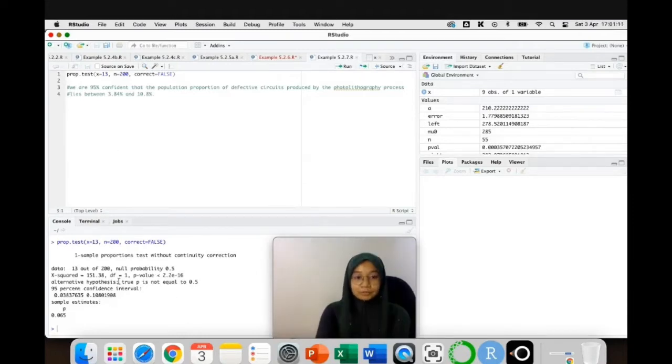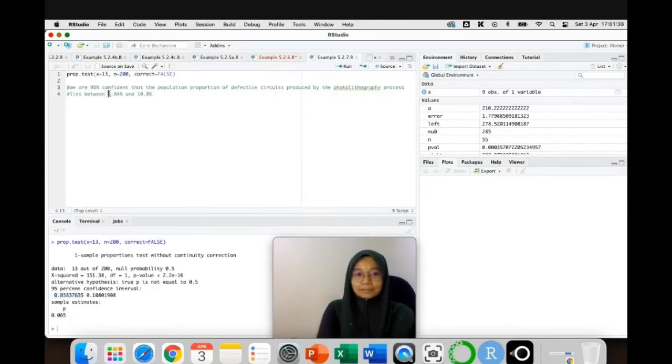Sorry, kita nak buat confidence interval kan? So sini jawapan dia. Lower boundary is 0.0384 and the upper boundary is 0.1081. So we are 95% confident that the population proportion of defective circuit produced by the photolithography process lies between, so